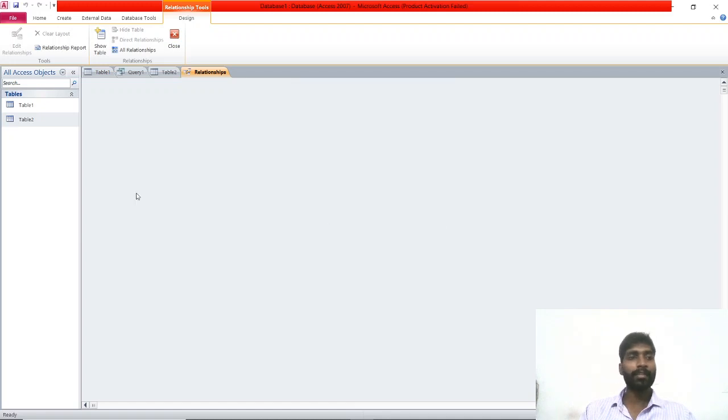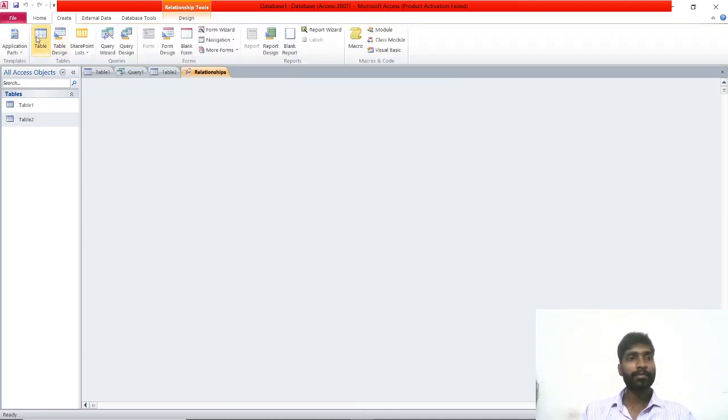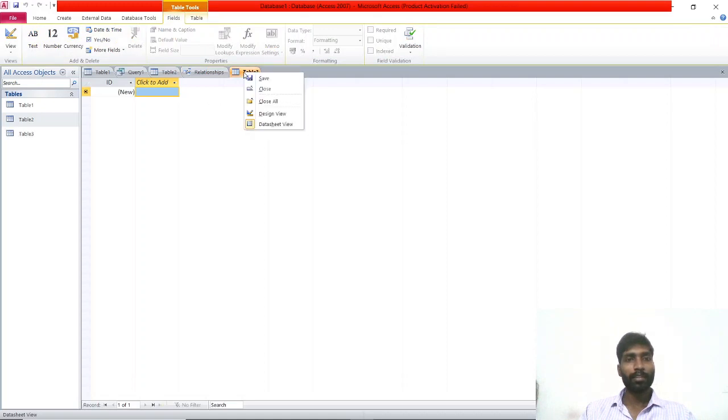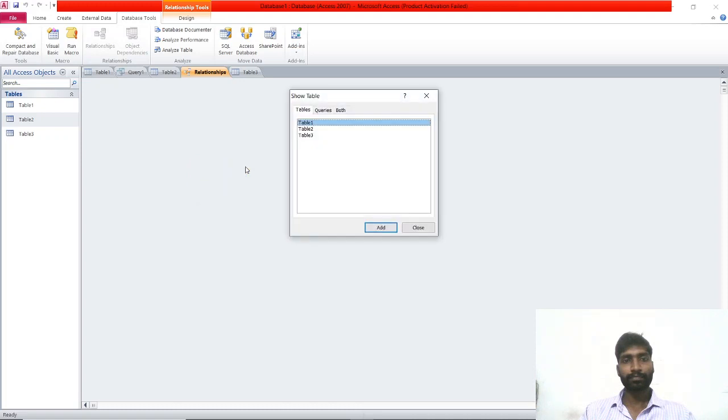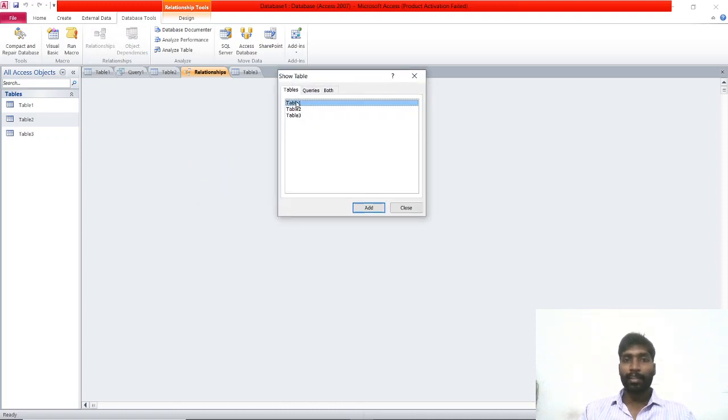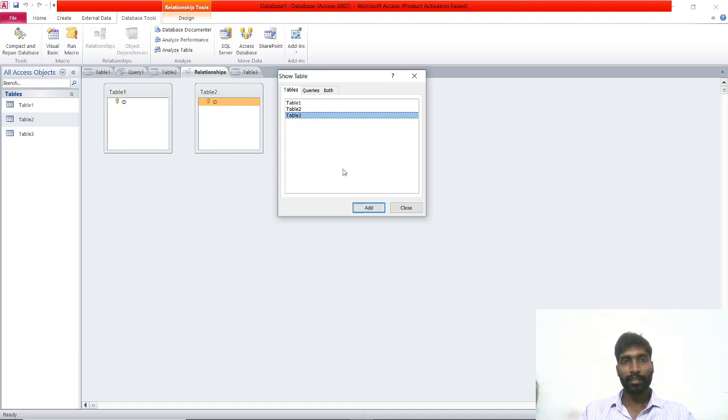If I create another table, right click, save, table 3, now three tables are there. Go to Database Tools, Relationships: only three tables are showing, because we created only three. Table 1 add, table 2 add, table 3 add.